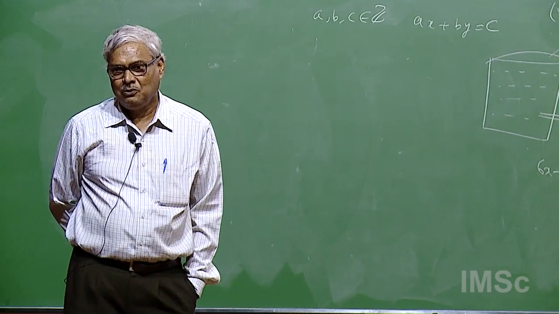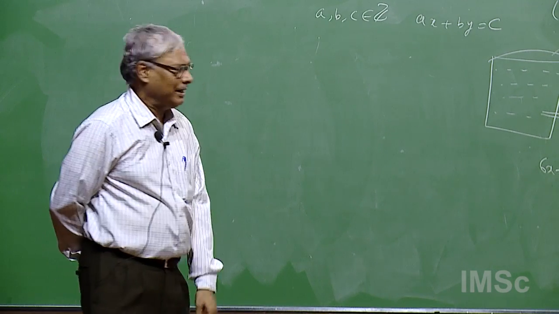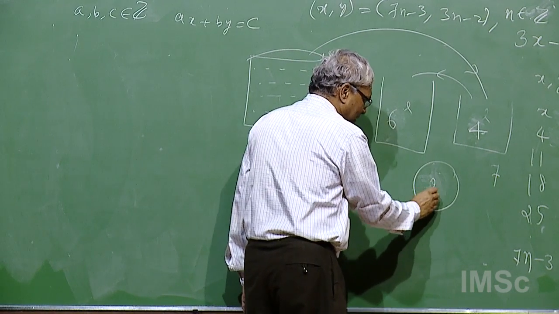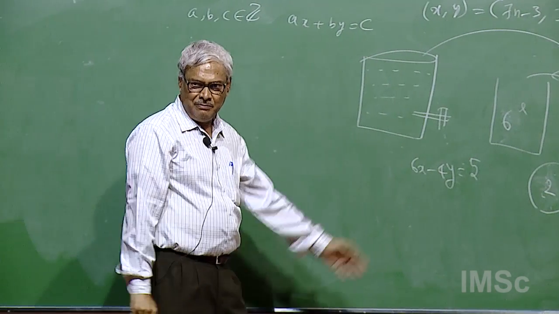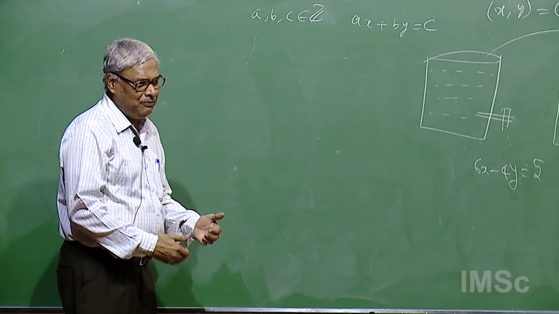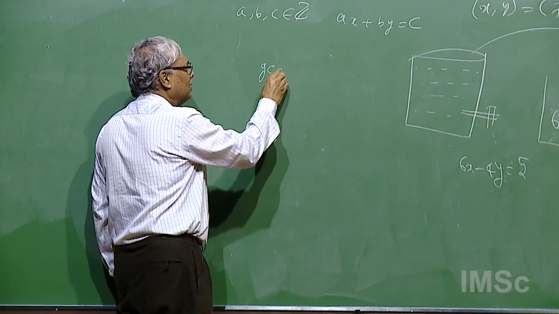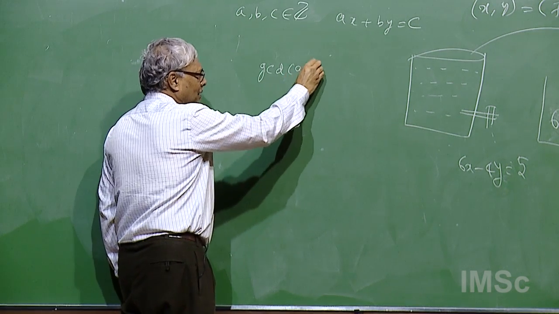A and B being co-prime is a sufficient condition, but not necessary. Because if I had 6 and 4, I can still get something like 2 liters. So A and B are not co-prime here. So if you look at the equation closely, you will see that the GCD of A and B,